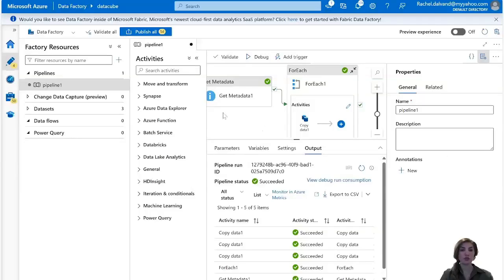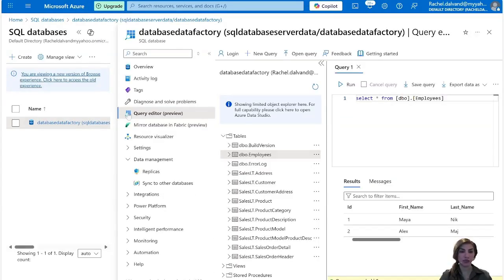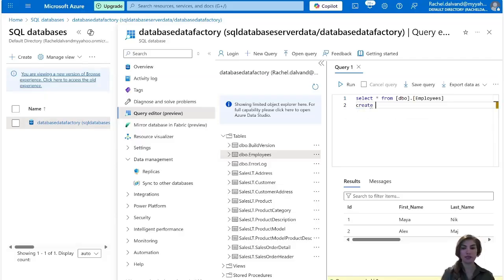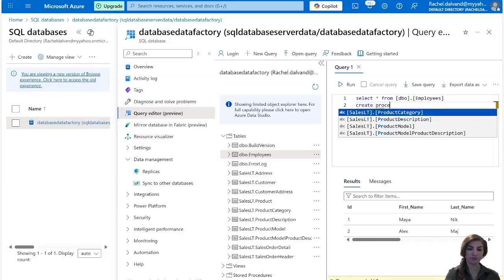Now I'm going to use the stored procedure activity to call a stored procedure that I am going to create in Azure SQL database. And as you can see in Azure SQL database, we have an employee table, and I would like to create a new stored procedure. And in this stored procedure, I'm calling that procedure